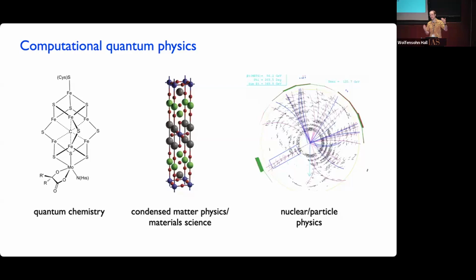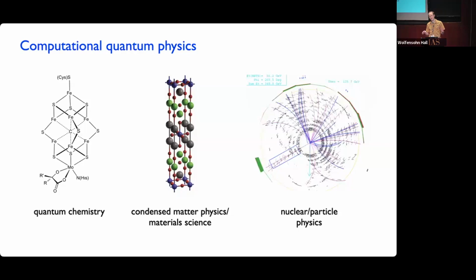Now, in doing this, we're up against lots of sophisticated methods that have been developed to approach these systems with classical computers. There are many things actually that can be done already classically to get useful information, even about systems that are quantum mechanical. So it's not so obvious for these applications where exactly you can get a quantum advantage from building a quantum computer and doing a simulation quantum mechanically. But in any event, we would like to develop the most sophisticated tools that we can for doing these kinds of simulations with quantum computers.